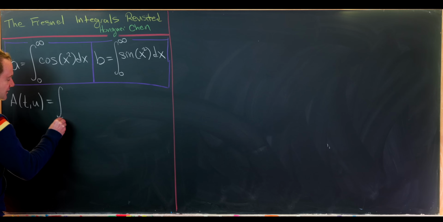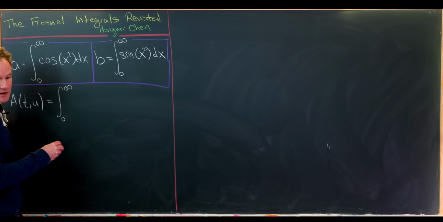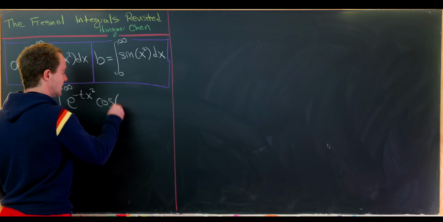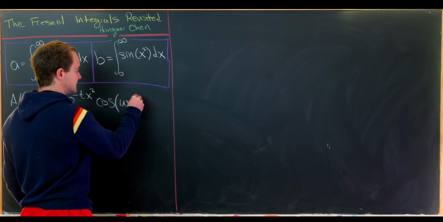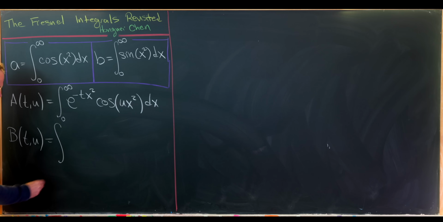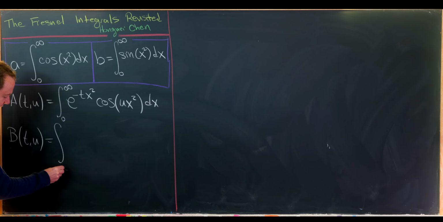Here we'll have the integral from 0 to infinity of e to the minus t x squared, and then cosine of u x squared dx. And likewise, B evaluated at t, u will be defined similarly. We'll have the integral from 0 to infinity of e to the minus t x squared, and then sine